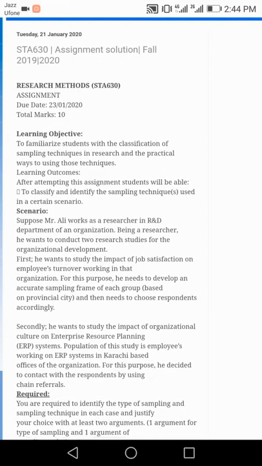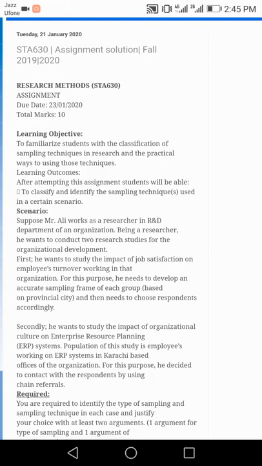So students, as you know, in this assignment the examiner wants to investigate what type of sampling and what techniques are being used in this scenario. So first of all I will read